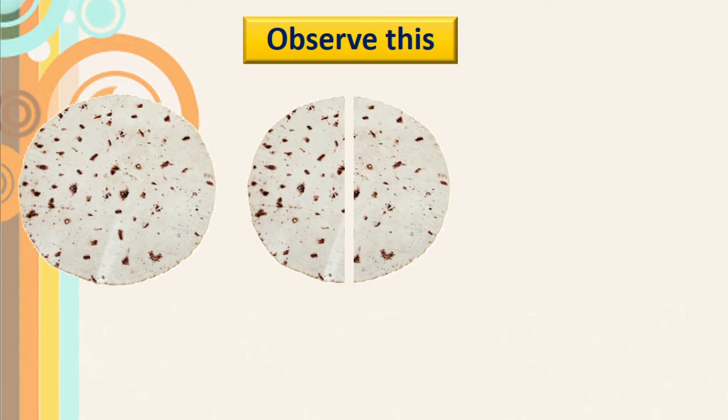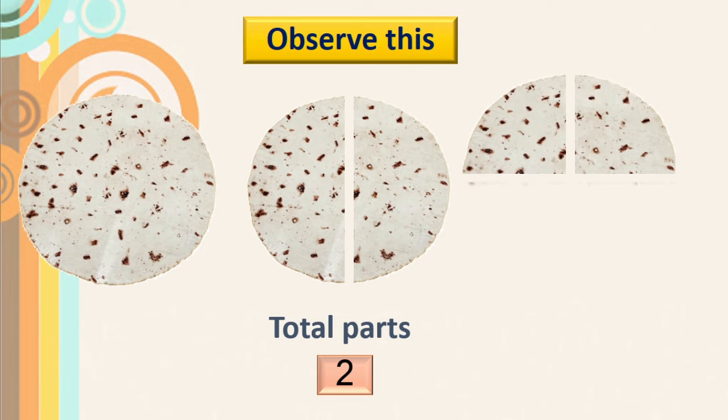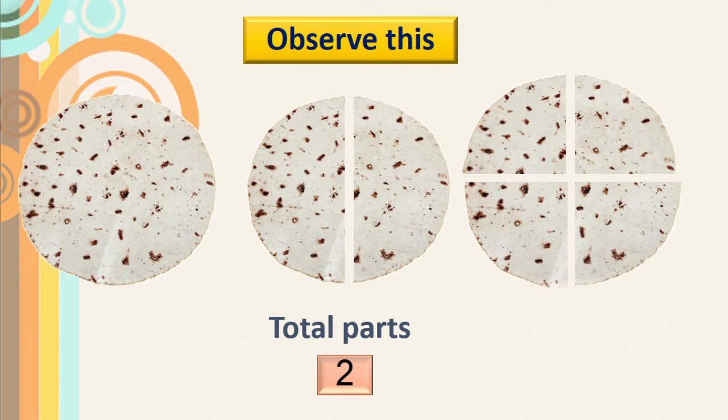Now observe this roti. One full roti. Now there are 4 children. What will mummy do? Yes, there are 4 children. Your mother will cut this roti first into two parts and then she will cut these two parts again into two more parts. Right? See here. 2 and 2 means she will cut this roti equally into 4 parts to distribute among 4 children.